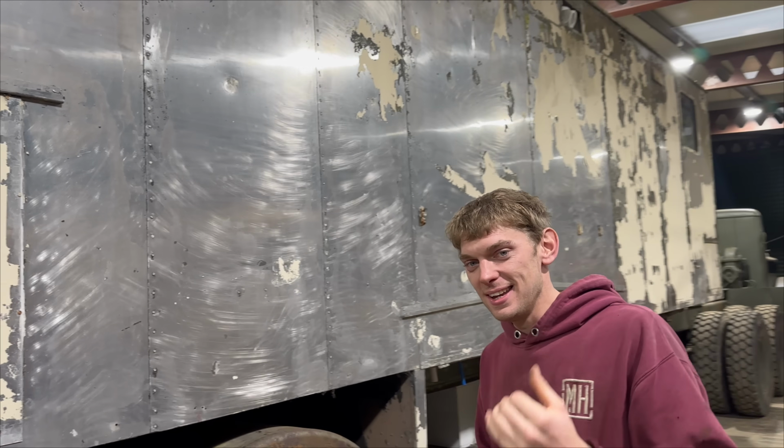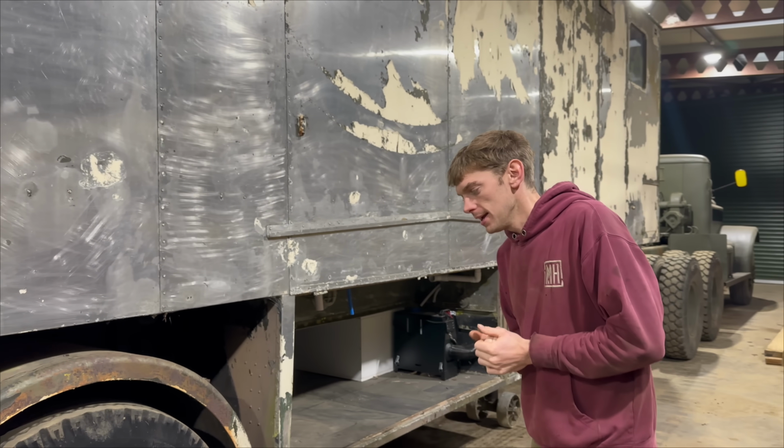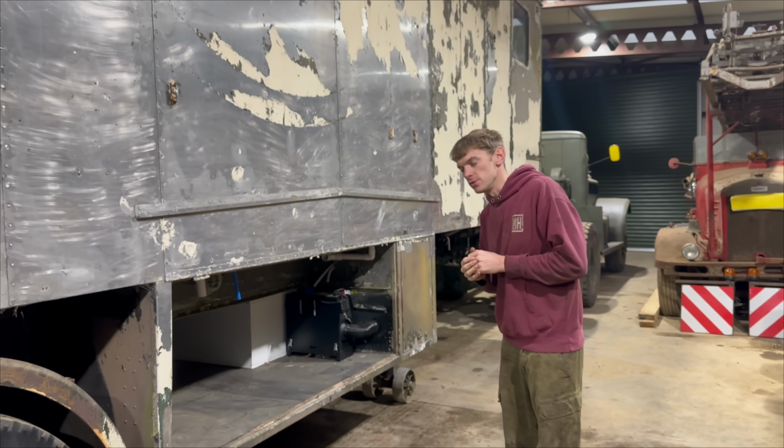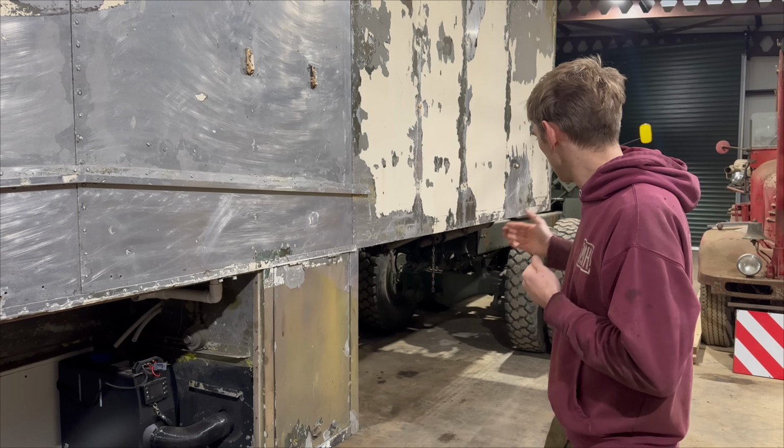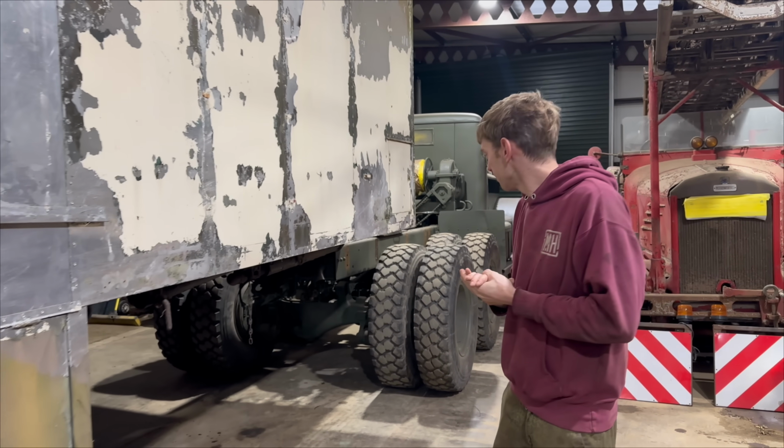Behind me here is the radio trailer that Bob Keel, Mr Keel himself, has been slowly turning into a gentleman's caravan that we plan to use at the shows. And also over here is the Diamond T that...